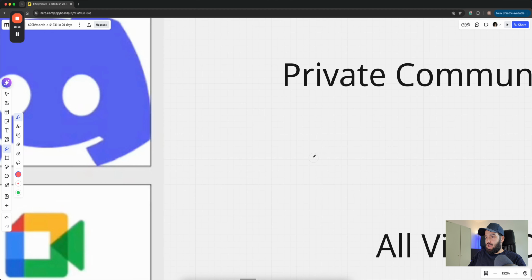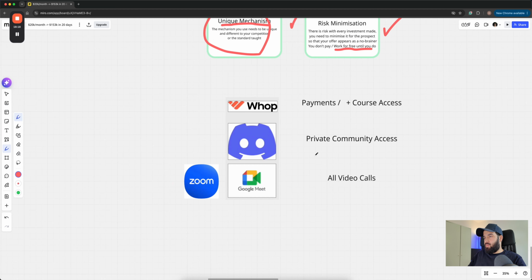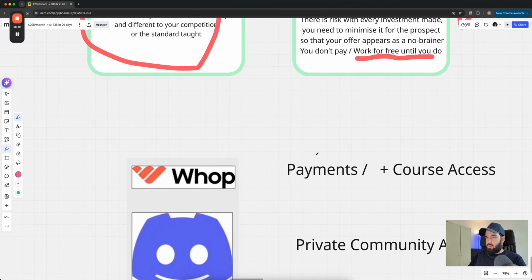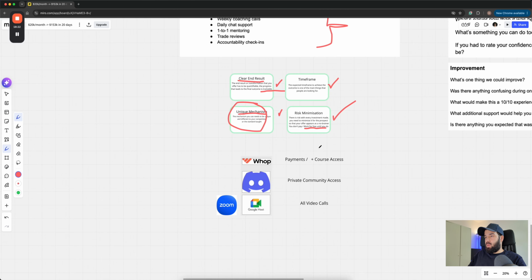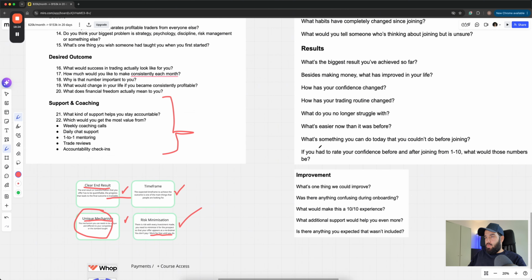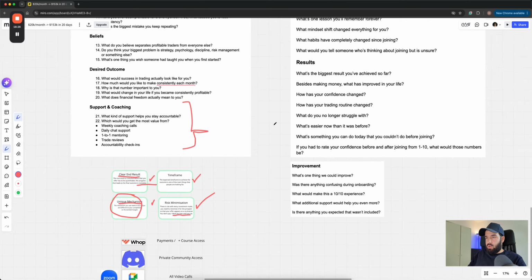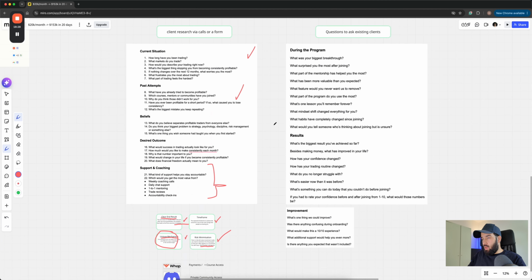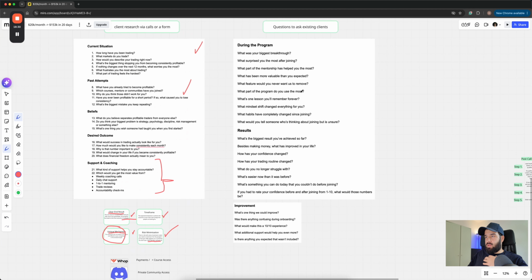It's just a way cleaner process, but it does require some capital, especially when you increase the team size. So that's how we restructured the offer. If you already have existing clients, these are the sort of questions that I also do recommend. This helps you to really refine the offer and get it as smooth as possible. So, you can use this information in your marketing.